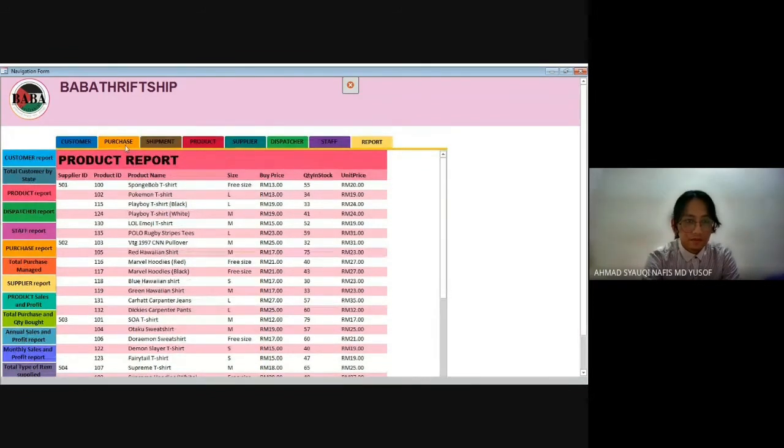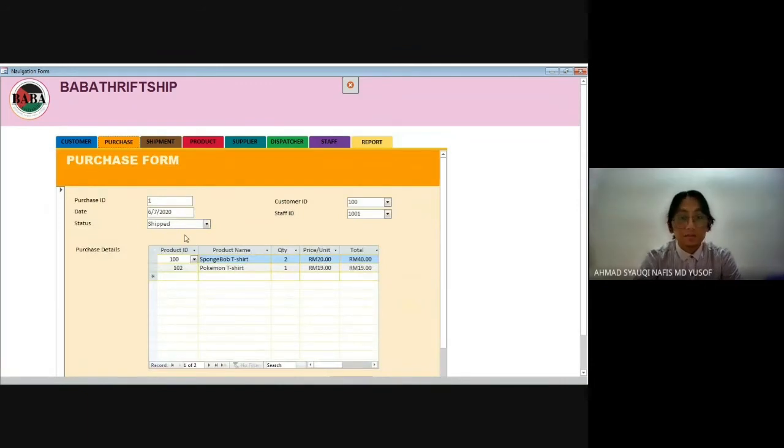Next, let's go to the purchase form. In the purchase form, we are required to fill in the purchase ID, the date, status of the purchase, customer ID, and staff ID, and finally the purchase details. So, let's start off with the new record.